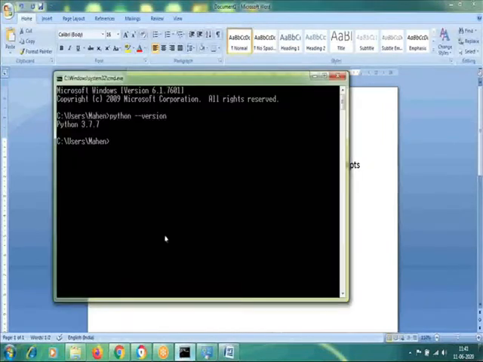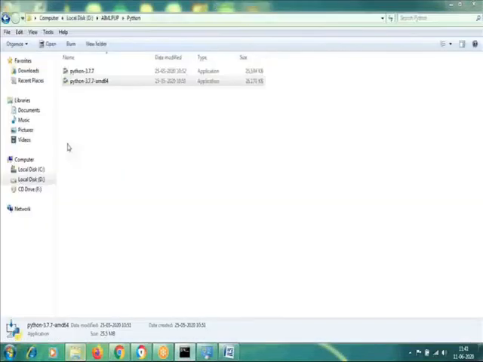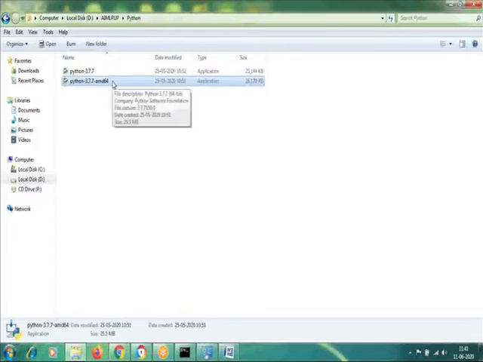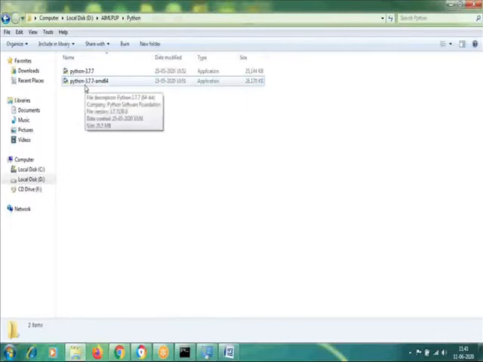Now you can use Python. Okay, so again I am going to repeat it. Just download Python. Please make sure which version you are downloading: if you are using a 32-bit machine, download the 32-bit version, and if you are using a 64-bit machine, download the 64-bit version. Then just double click on it, and it will ask for an installation option. Just click on install and the steps will follow automatically and the installation will be done.